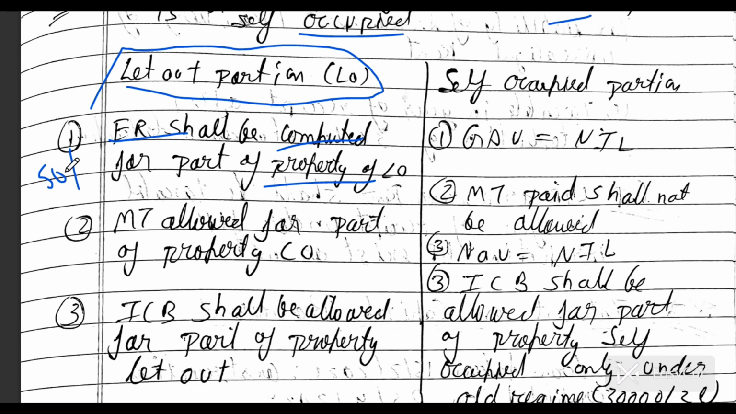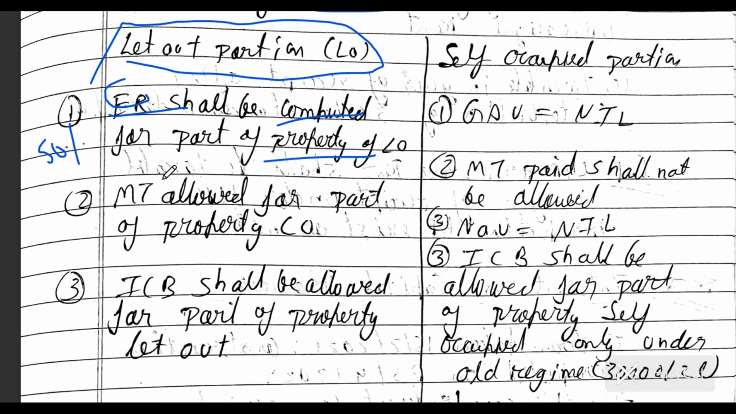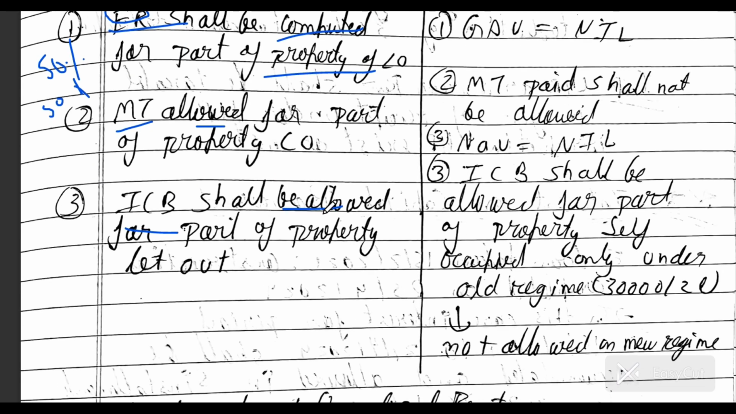Some aspirants made this mistake: they did not consider expected rent as 50%. They had taken 100% in the exam. You don't have to repeat that mistake. Municipal taxes are allowed at 50% only for the property. Interest on capital borrowed shall be allowed for the part of the property that is let out, so 50% of interest on capital borrowed is allowed, because for self-occupied property, interest on capital borrowed